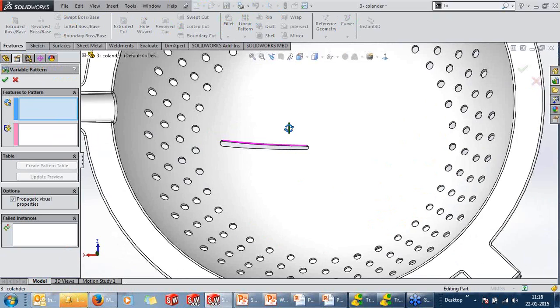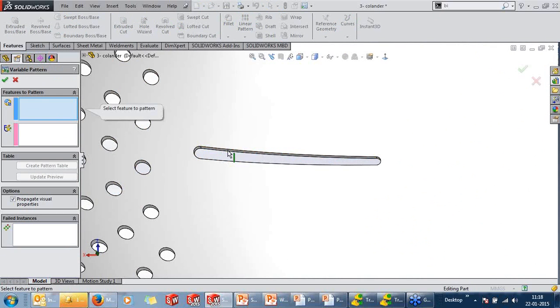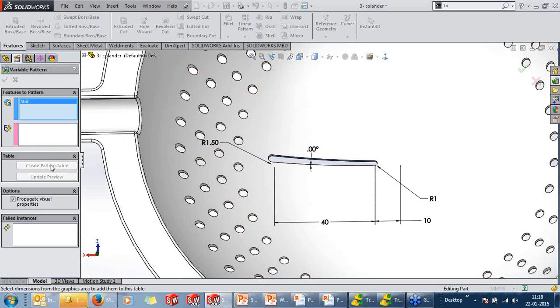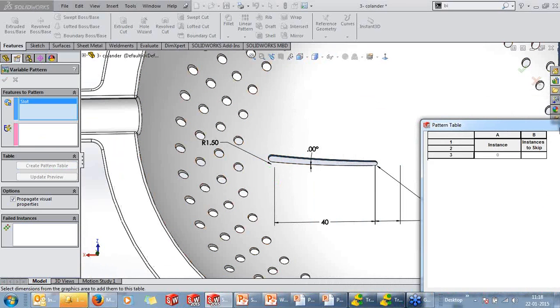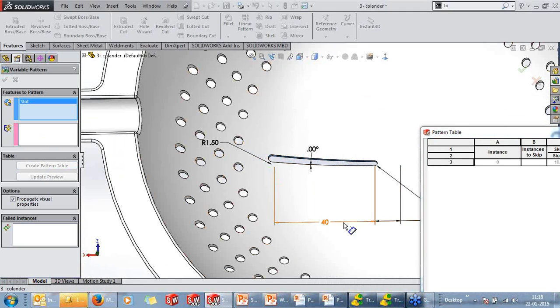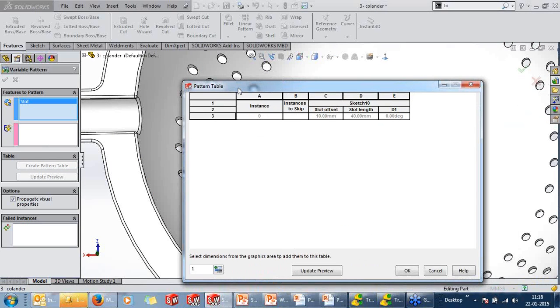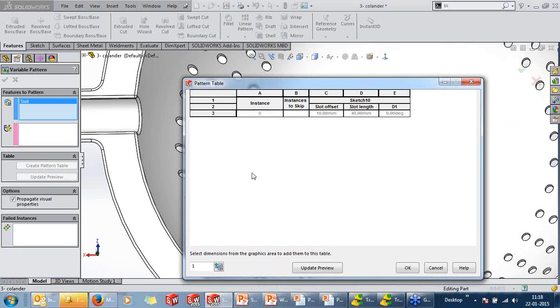You just need to select the feature to be patterned and capture the dimensions. I'll capture these dimensions: one would be the slot offset, slot length and the degree, and create a table.